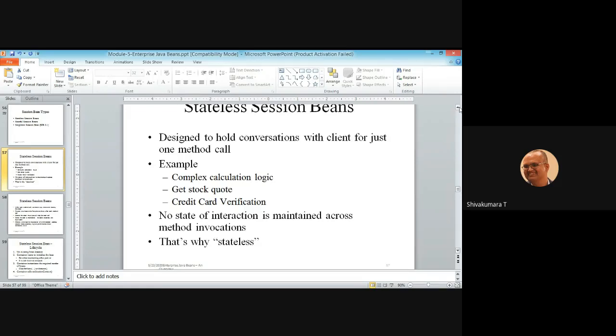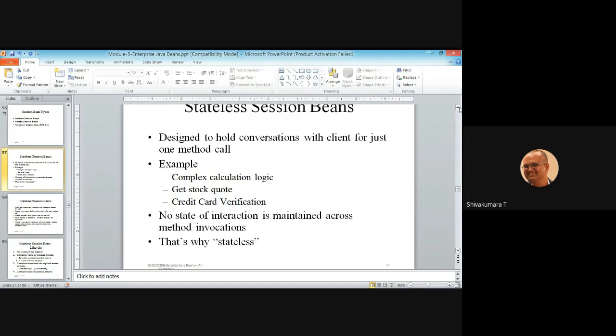Multiple clients can request a session bean, but the container will provide a single bean to a single customer.